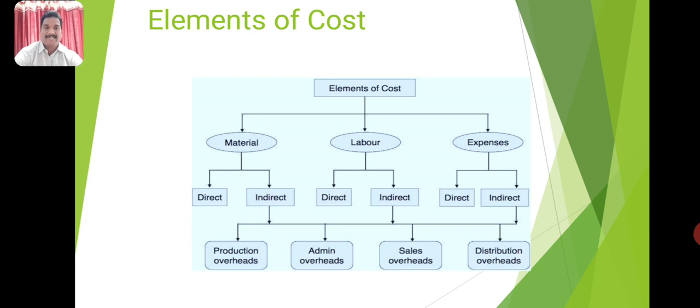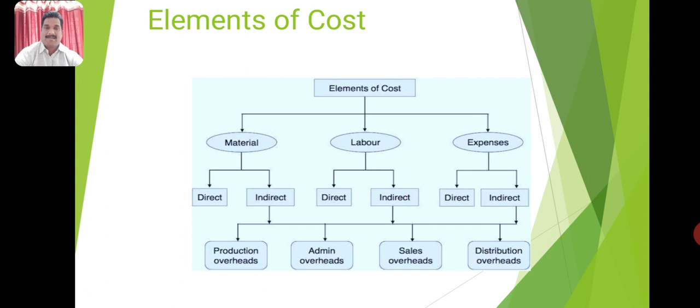So all the indirect expenses are collectively called overheads, and those overheads may be of four categories, that is production overheads, administration overheads, sales overheads, and distribution overheads. So this diagram gives a complete picture about the various elements of cost. So once more,